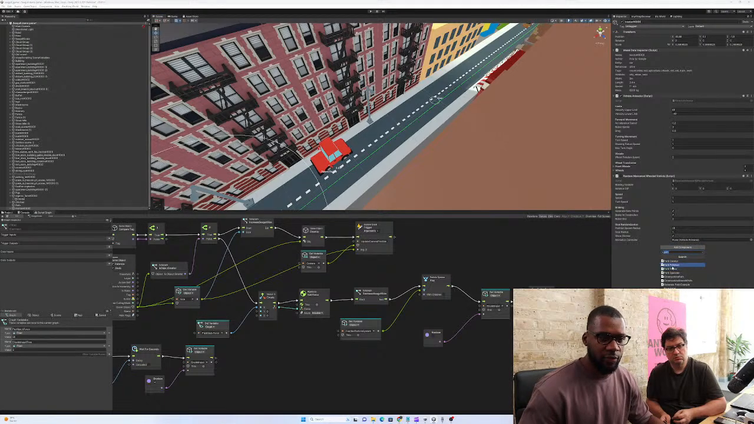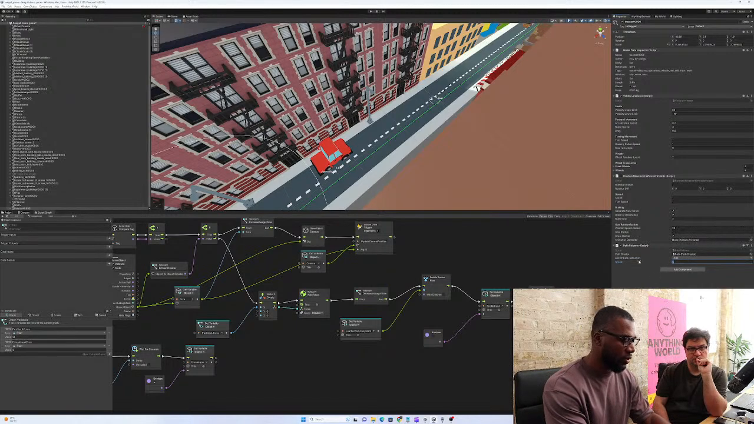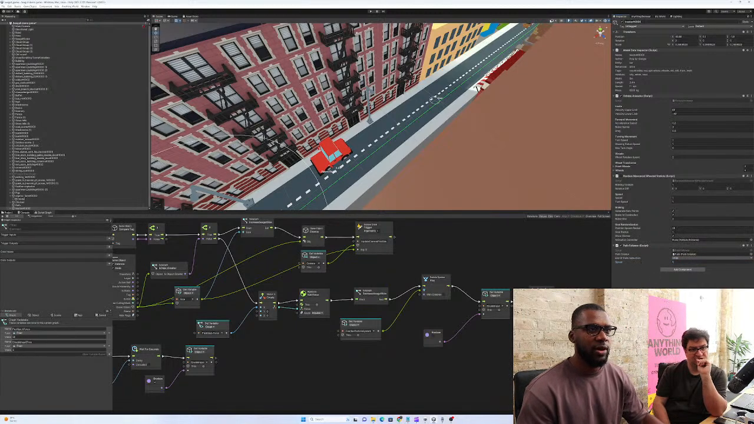Alright, so all I want to do now is add a path follower, and essentially it's just following this path right here. So I'm just going to drag that path in. I'm going to make it loop, so it just loops over and over again. And let's keep the speed to 5. So if I play the game,